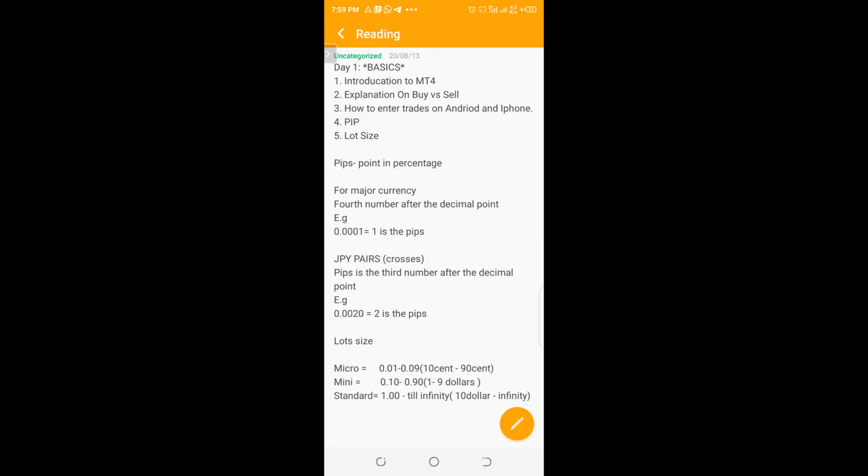Guys, I also want to let us know that we have our currencies. They are divided into major pairs. We have major currencies, we have crosses, and we have minors. Now when it comes to your PIP with your major currencies, when I'm talking about major currencies, I'm talking about the USD, I'm talking about AUD, I'm talking